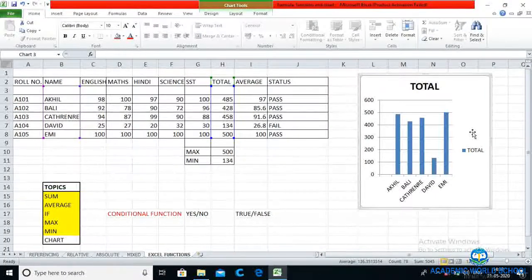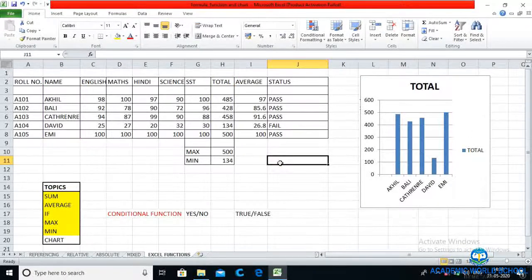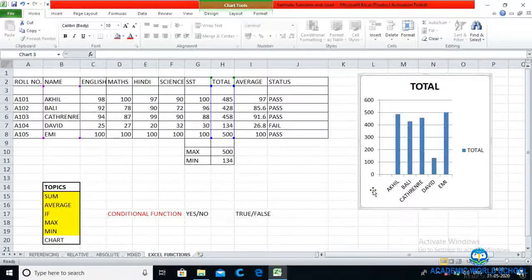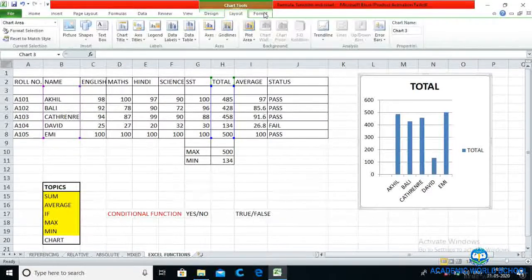Is it clear, students? Now one more thing I want to show you. By default we have only 7 tabs: home, insert, page layout, formula, data, review and view. But as soon as we click on the chart, you will see 3 more tabs appear over here: design, layout and format.